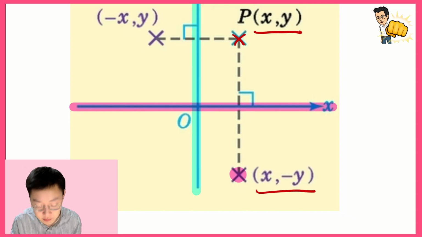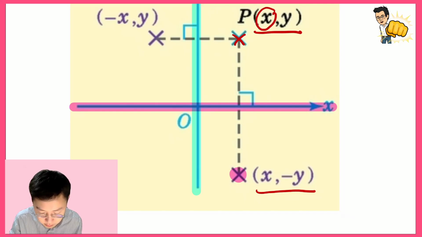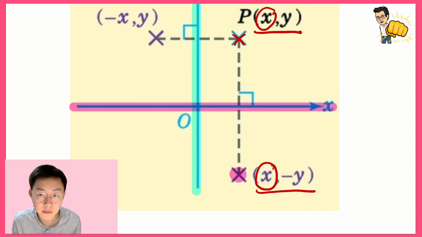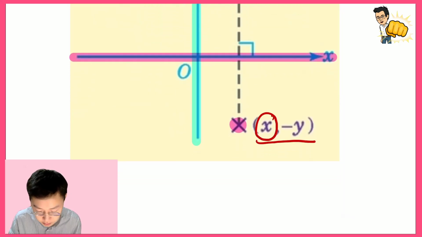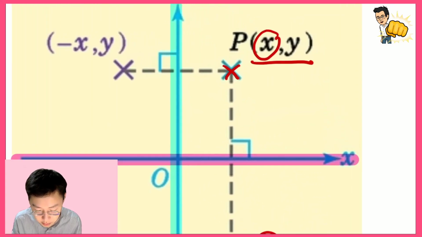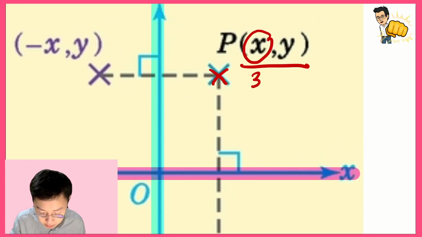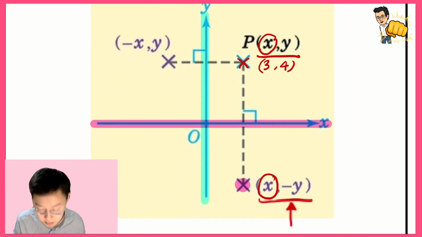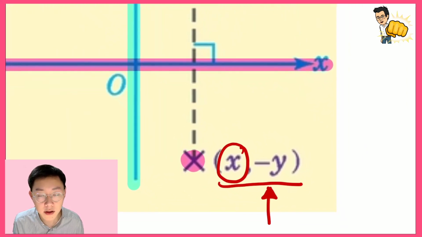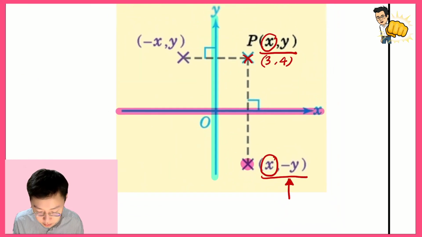The x coordinate of this new point will not change. It is also x. However, for the y coordinate, we need to give the negative to it, so it becomes negative y. For example, if the coordinates for point P are 3 and 4,